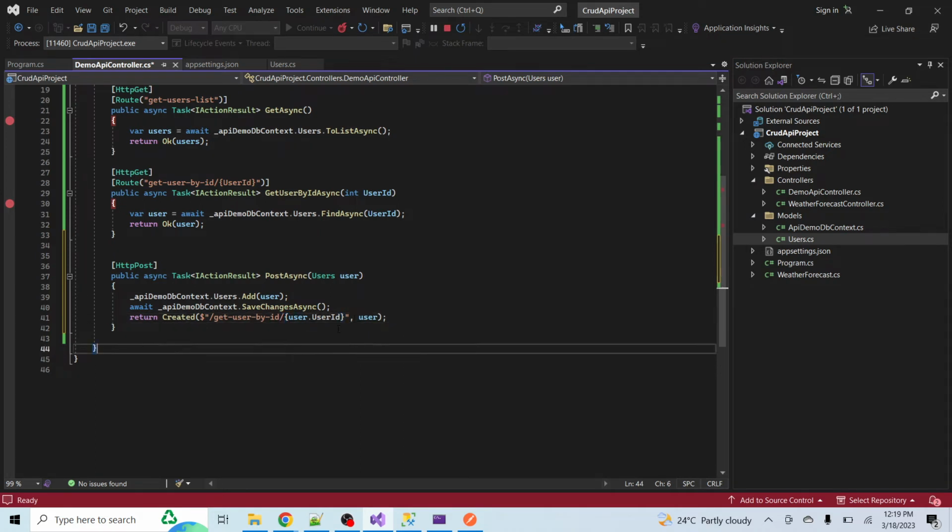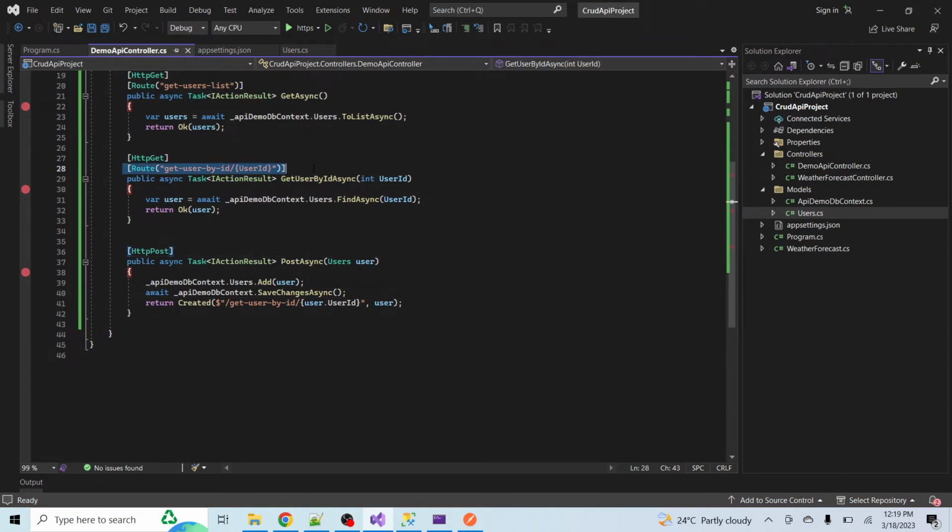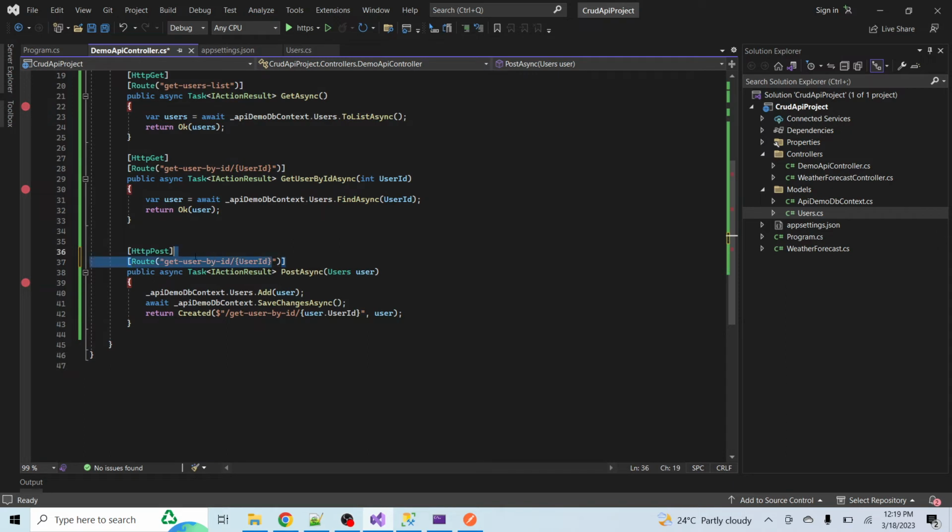Okay, and I will navigate to the get user by ID. Okay, let me try it out. I'll put a debugger here, stop the application, and let me also give a URL to this API. Okay,